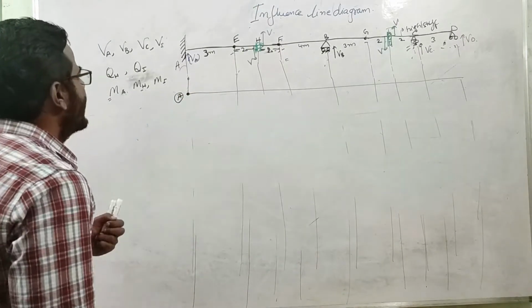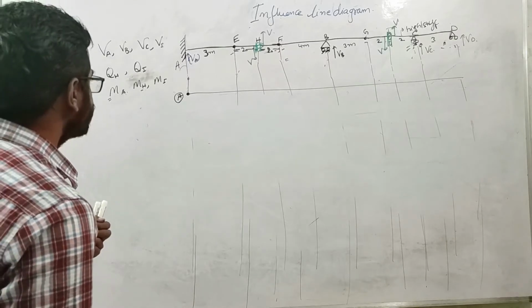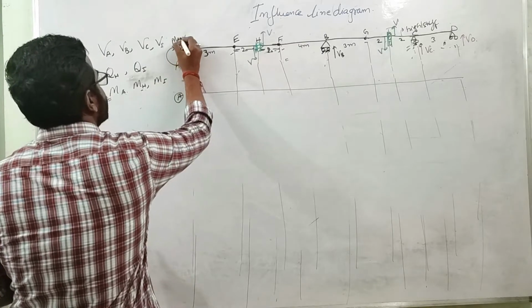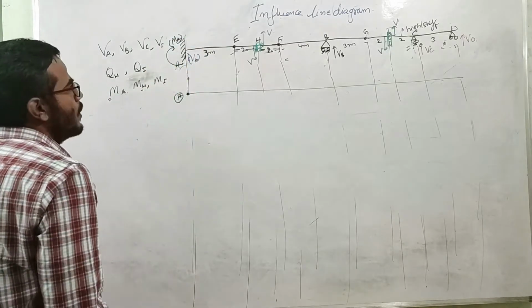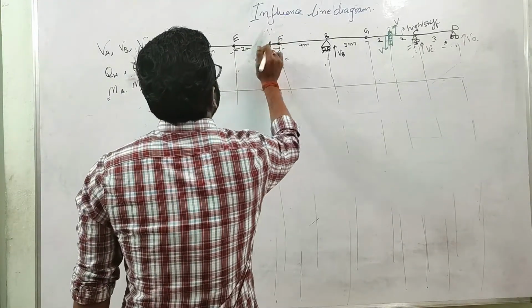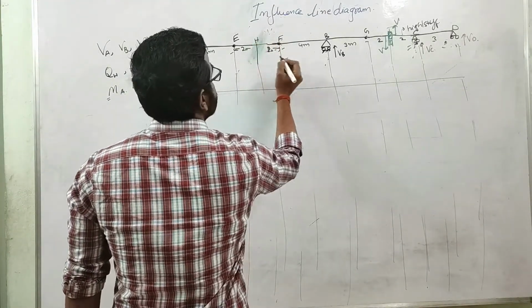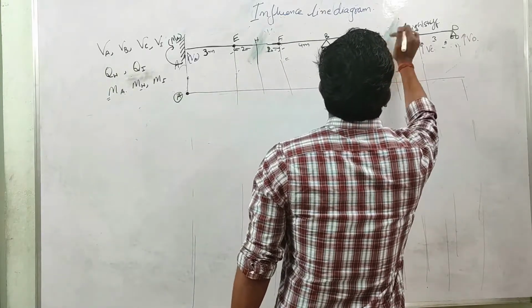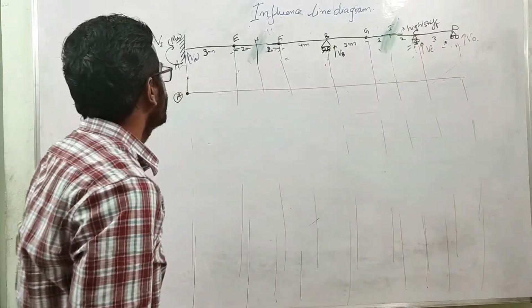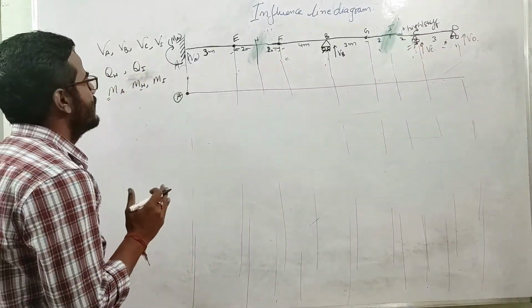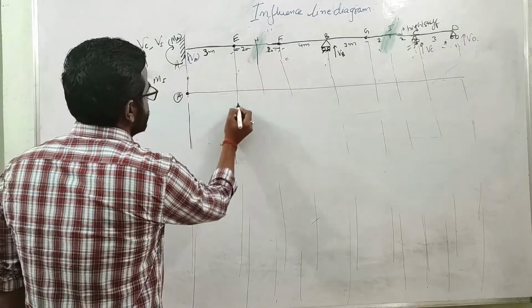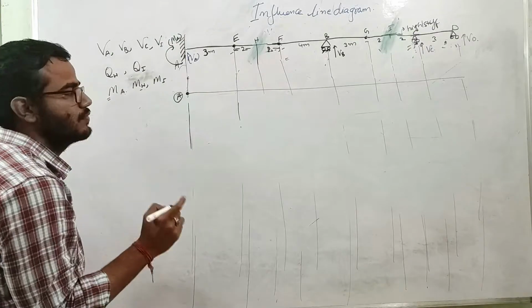So when we are providing the internal hinge at point A, let us assume the moment at A is acting like this. The direction is clockwise. This is point H, this is point I. So what we need to do is release the moment at A. Now I need to give unit deformation along the direction of this MA.